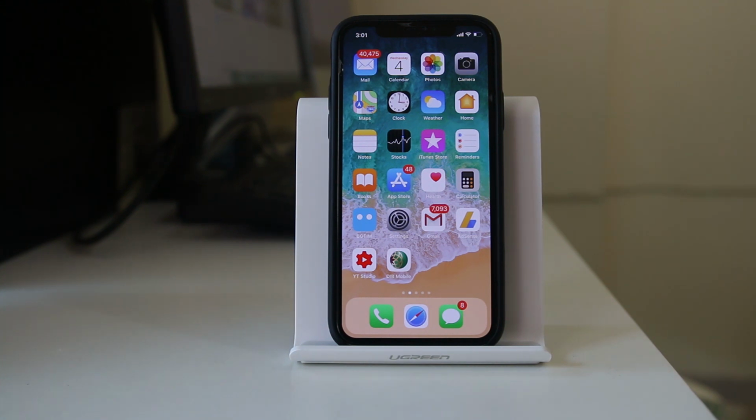Today in this video we will see why some of the apps such as Facebook, Messenger, YouTube, etc. are hidden in your iPhone. Now you know for sure that you have installed these applications in your iPhone and you have not deleted them, but for some reason those applications are hidden. Now this might be because you have enabled restrictions for applications above a certain age to be displayed in your iPhone.